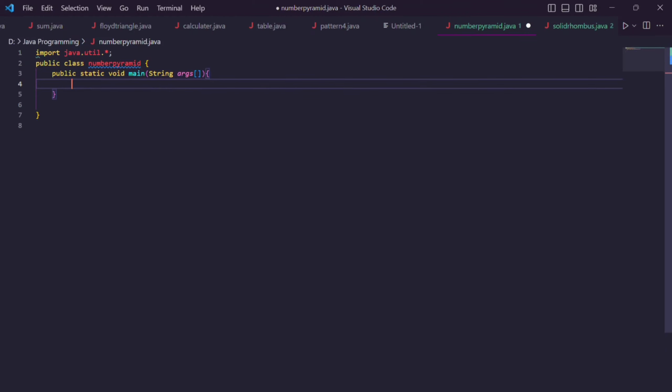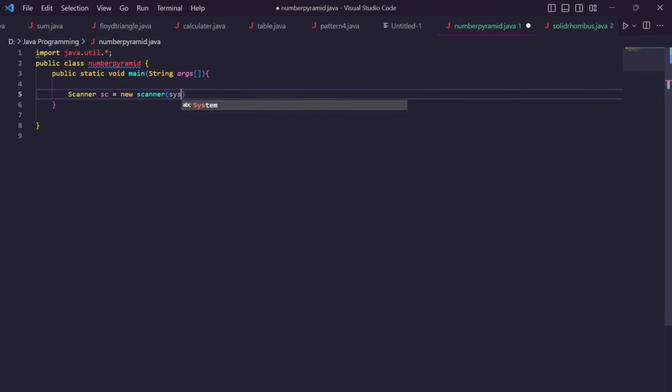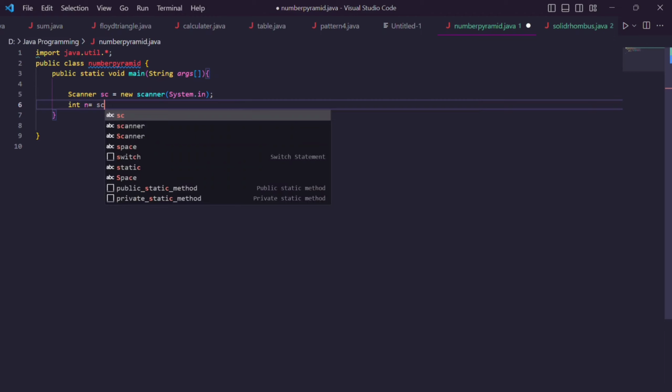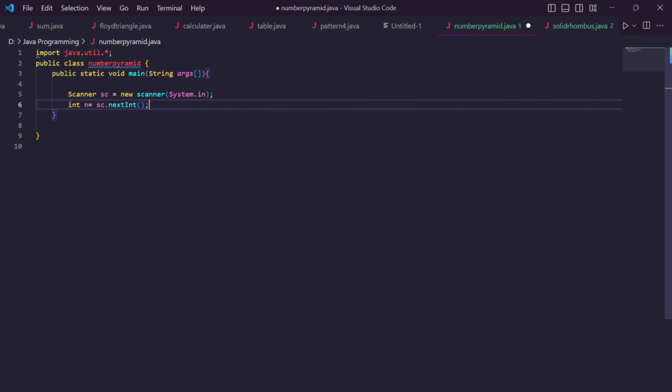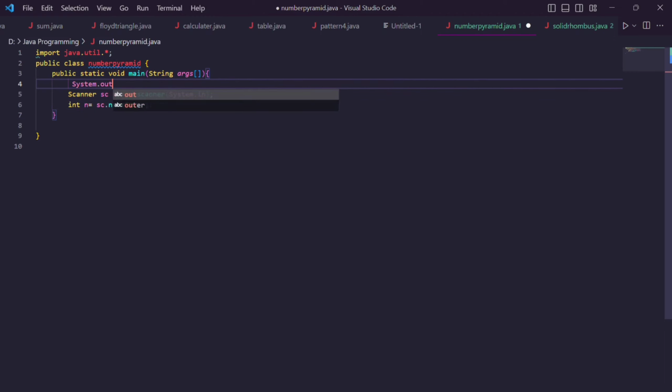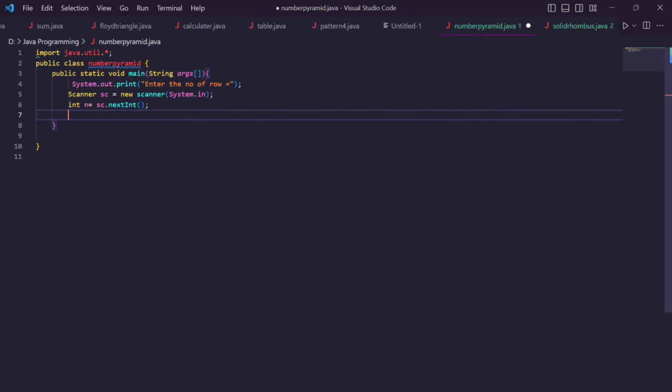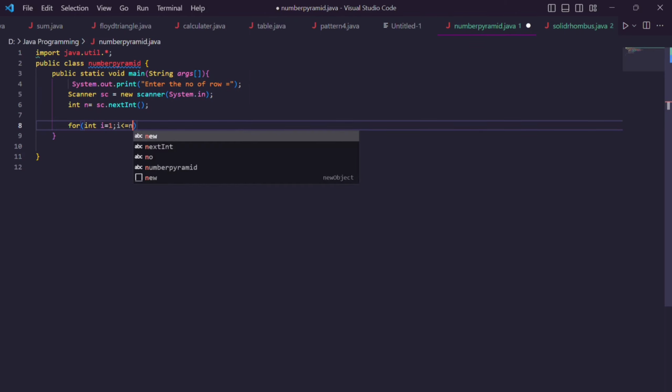basic syntax public static void main, and we are inputting the Scanner class, and we are taking user input, the user inputting the value of how much they want, and then System.out.print, and then "Enter the number of rows", how many rows they want, and then we are giving the outer loop and I initializing 1, and